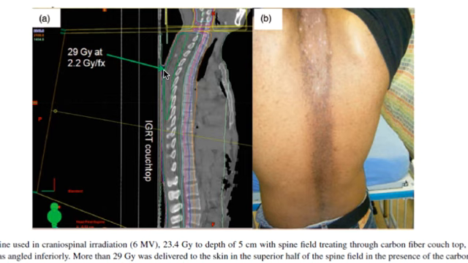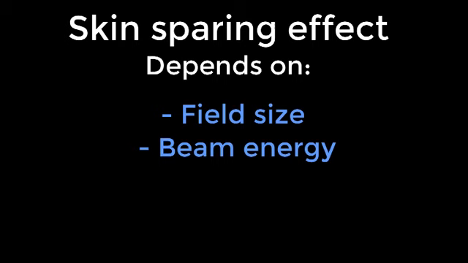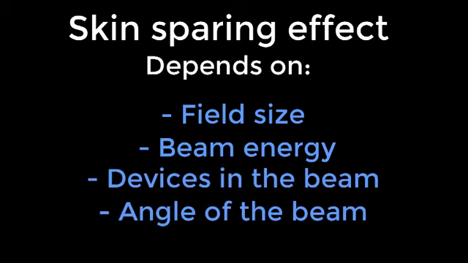The skin dose can create some pretty negative reactions in patients if it's not understood and managed right, as shown here. So with that as background, I'm ready to talk a little bit more about the skin sparing effect. It's going to have several dependencies, and we're going to go over those. It's going to depend on the field size and the energy of the beam, of the megavoltage photon beam. It's going to depend on what devices are in the beam. And it's also going to depend on the angle of the beam relative to the patient. So I'm going to go over each of these